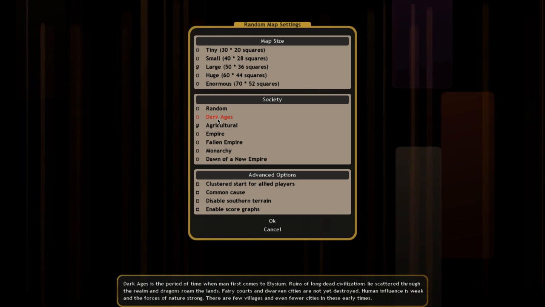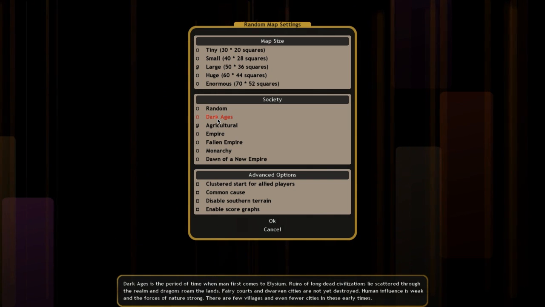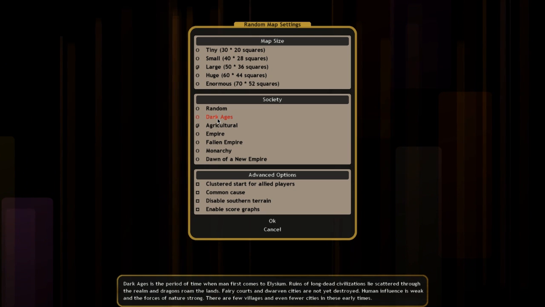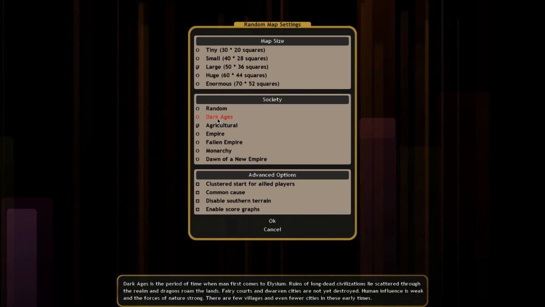Just to give an example, say here the Dark Ages, if you read at the bottom, says there's ruins of long dead civilizations scattered through the realm. So there's a lot of ruins, so that means there's a lot of opportunities if you're playing something like a necromancer to raise dead. It also says that there's dragons roaming the land, so dragons and stuff are pretty powerful creatures,